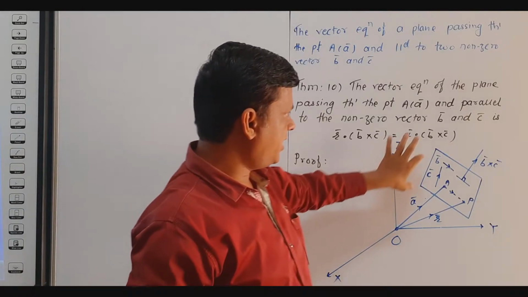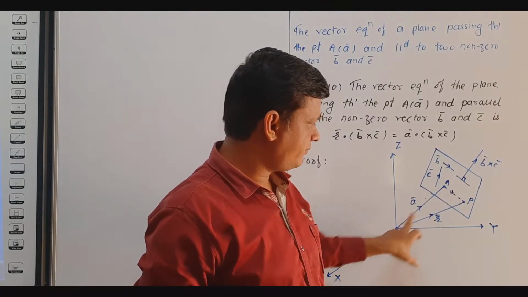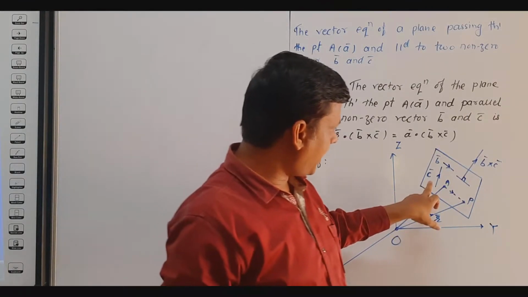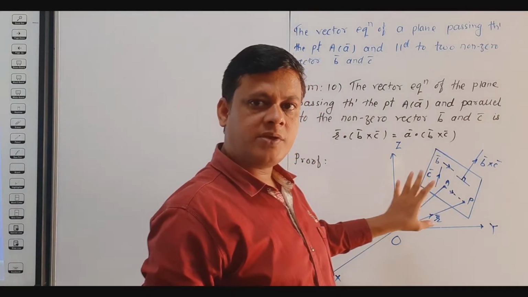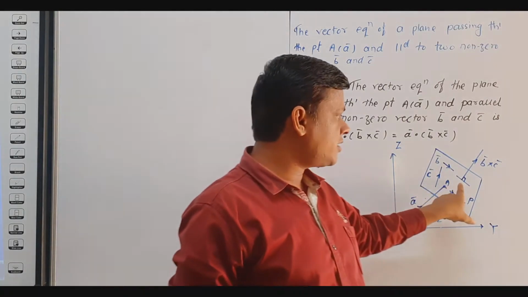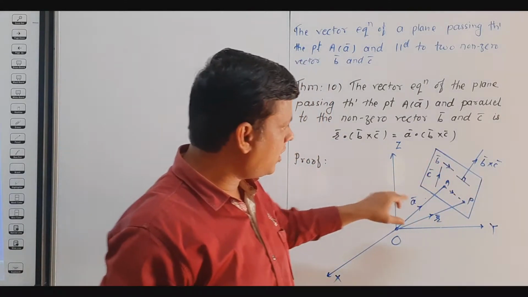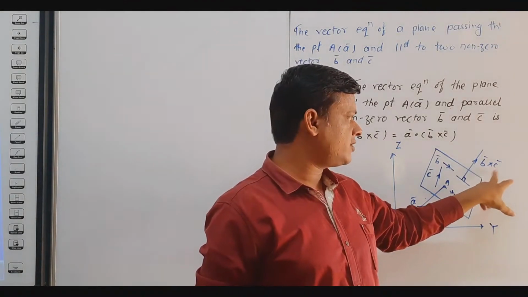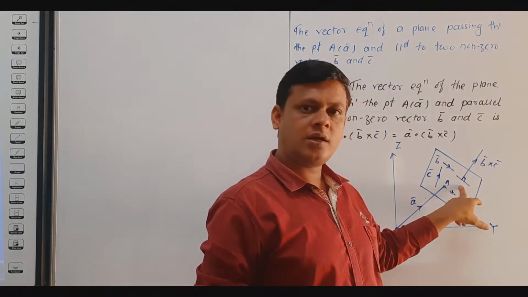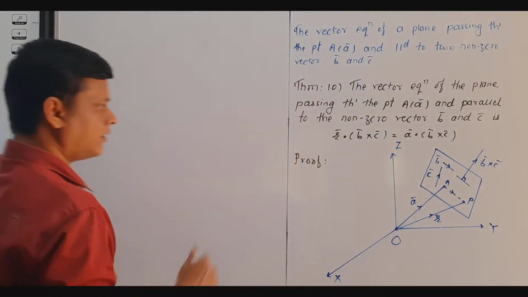Here we consider a plane passing through the point A of A bar and parallel to the vector B and vector C. That means we have to find the equation of the plane passing through the point A of A bar and perpendicular to the vector B bar cross C bar, because B bar cross C bar is the normal vector to this plane. So we first consider here,